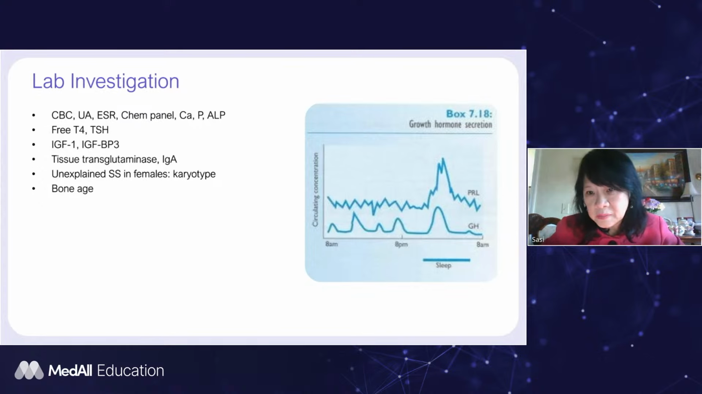The diagram on the right is to show you that, because growth hormone is released in a pulsatile pattern, it goes up and down throughout the day and peaks at nighttime during the deep stage of sleep. So that's the reason why we do not check random growth hormone, because the levels tend to be low and it's not helpful. And that's why we do IGF-1, insulin-like growth factor 1, and IGF binding protein 3, as screening